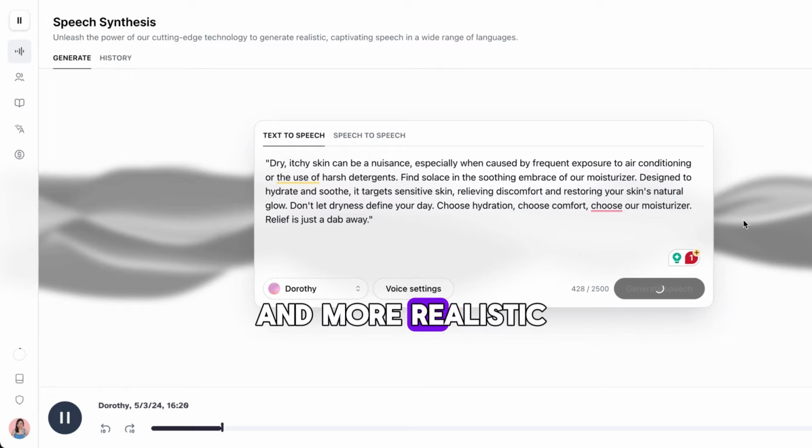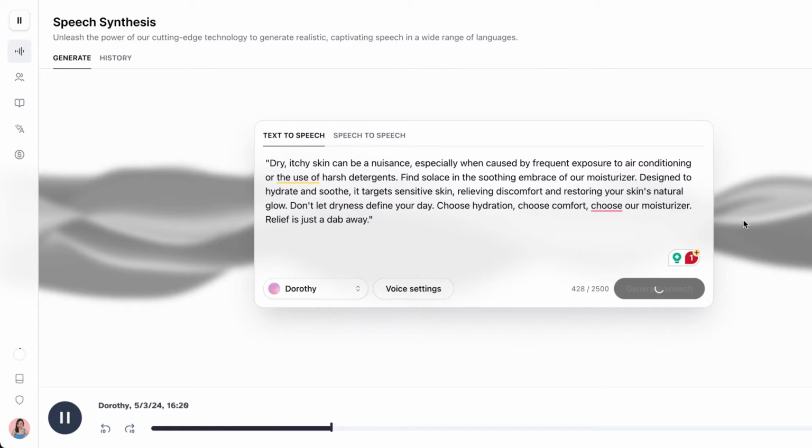Dry, itchy skin can be a nuisance, especially when caused by frequent exposure to air conditioning or the use of...